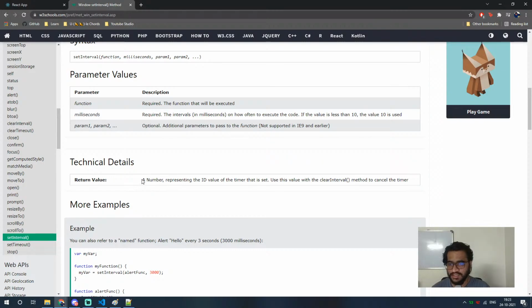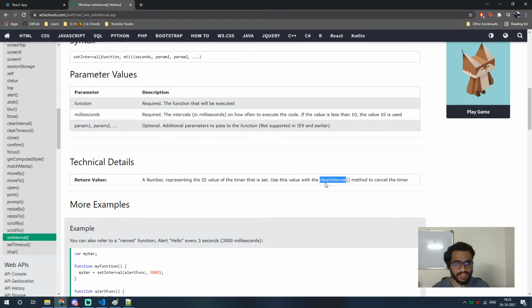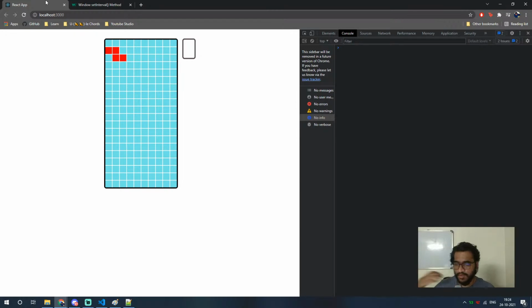So I found that there is an ID which is stored, which we can store for the current block, and then when it is collided, we will just use that. We'll just pass that into a clear interval function, and it will just cancel the timer. So it would just end the interval right there, so we won't have to worry about it messing up with any other block. Okay, so